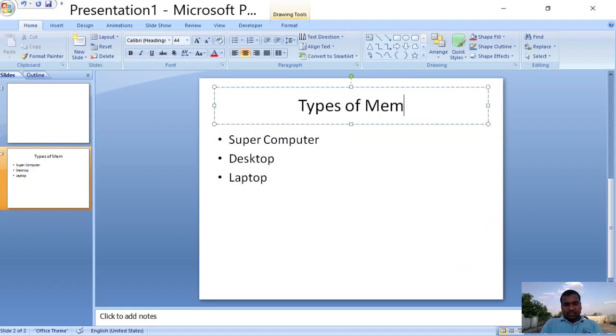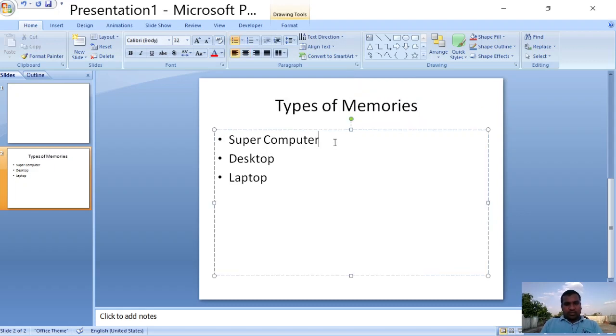Let's go with the types of memories: hard disk, RAM, ROM, cache memory.